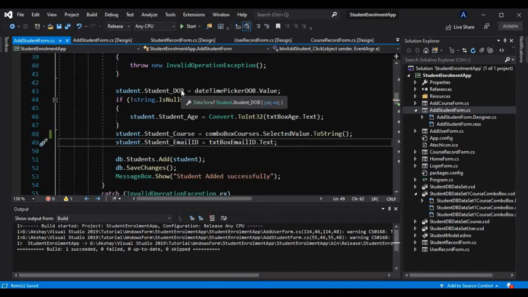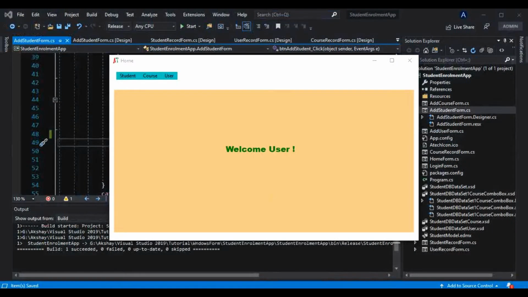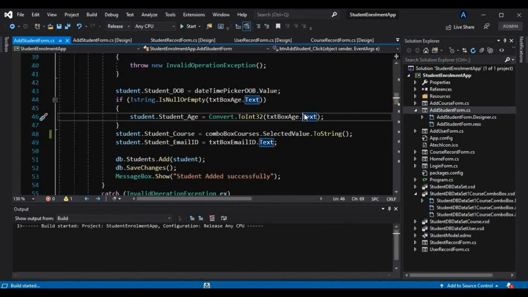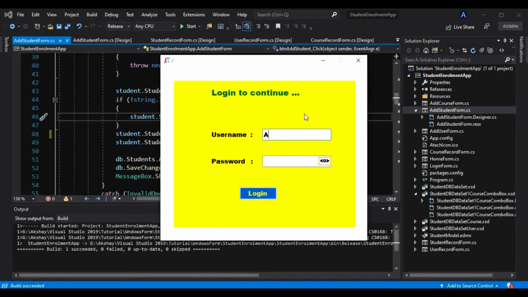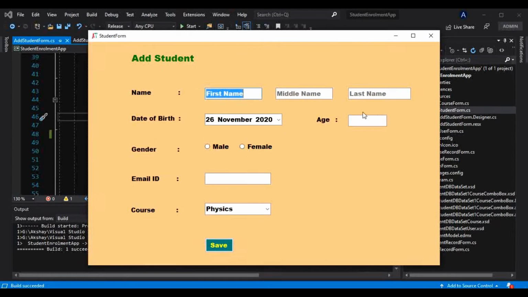Now let's try and add one student there. Let me close this and run this again. Akshay B 1994, it is correct. Let me log in. Now let's try to add one student here.